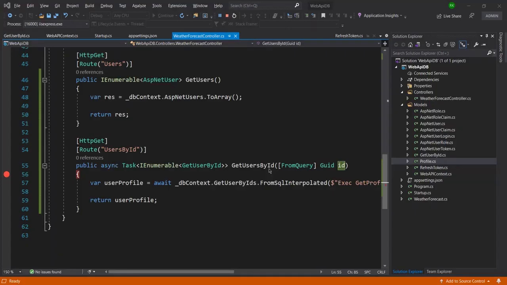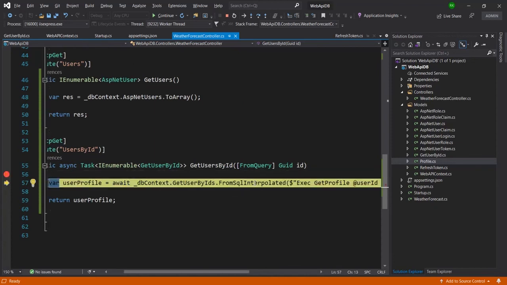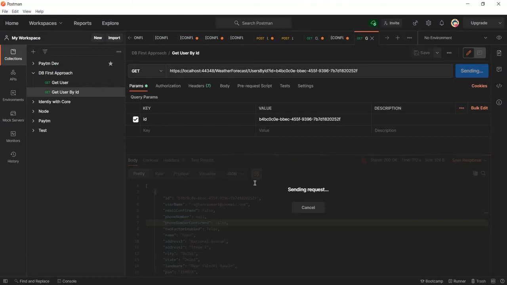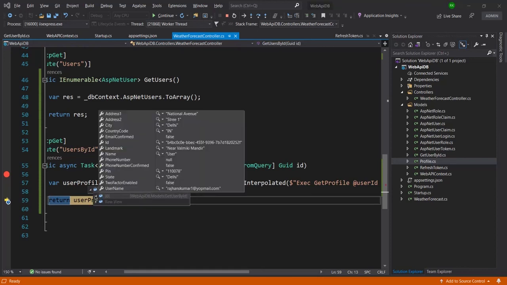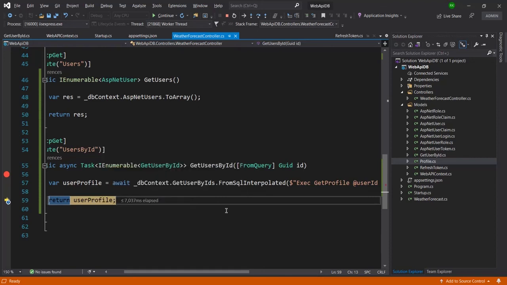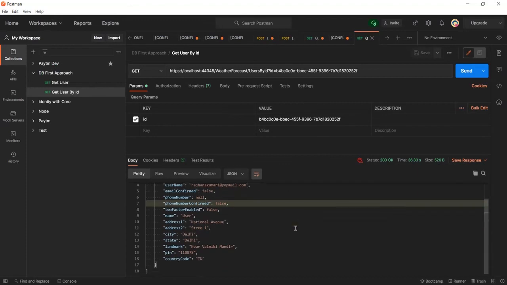So you can see here the compiler has reached the breakpoint, and here is the ID we can see here. And now let me press F10, and now here it is calling the stored procedure. And we got the result here as count 1, and inside count 1 we are getting the complete data of the user whose ID I have passed. So now let me just click on continue. So here you can see we got the complete result here.